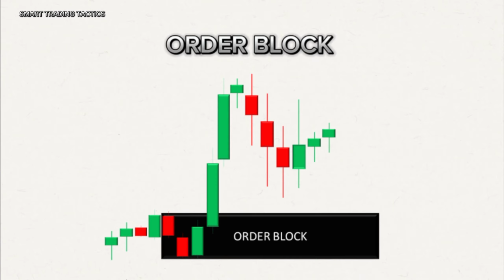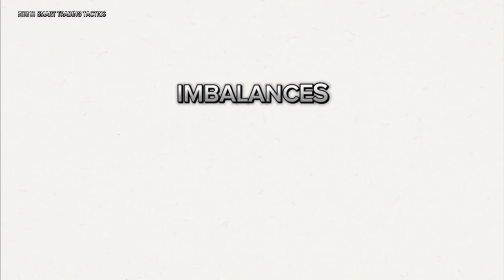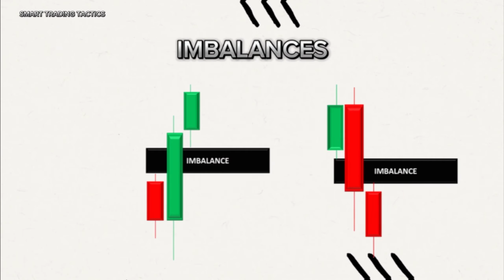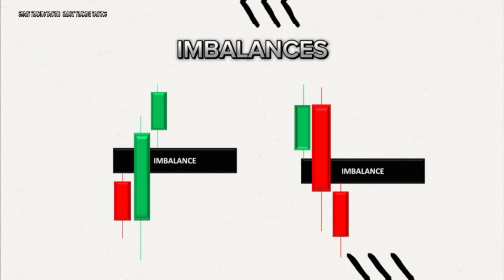formed by a block of orders from smart money. Order blocks provide critical insight into where smart money is likely to enter or exit trades. Imbalances. SMC traders also pay attention to price imbalances, where price moves sharply in one direction, leaving a gap or imbalance on the chart. These imbalances are often revisited by price, providing opportunities for traders to enter in the direction